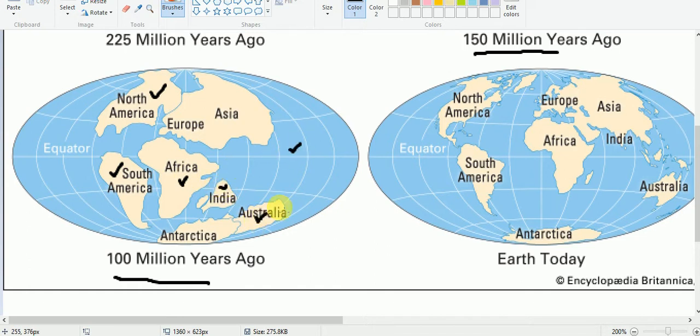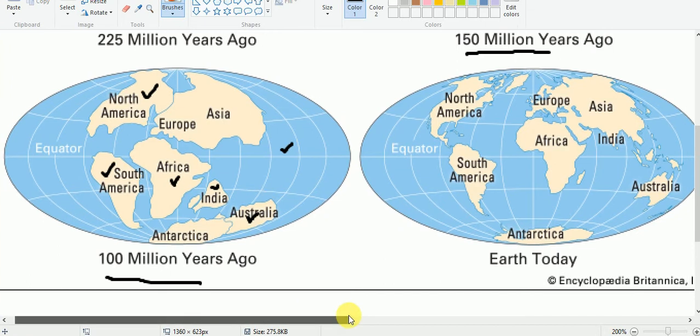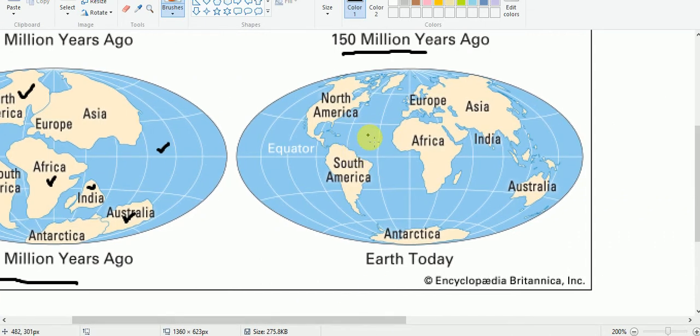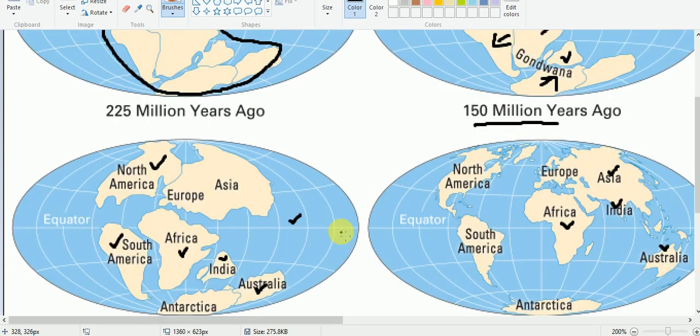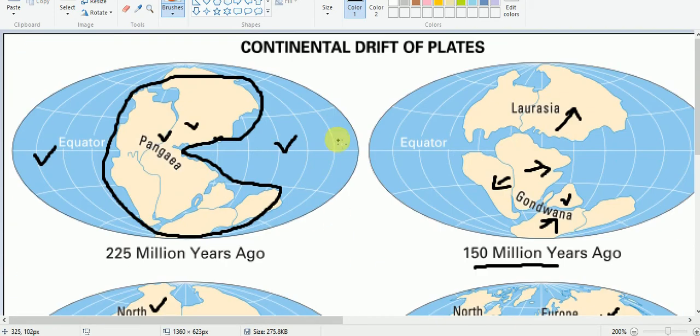Australia is here. And now, Earth today, we have these positions of the continents in the world. See here, Africa is here, India is here, Asia is here, Australia is here. In this way all the continents of the world drifted in different directions,